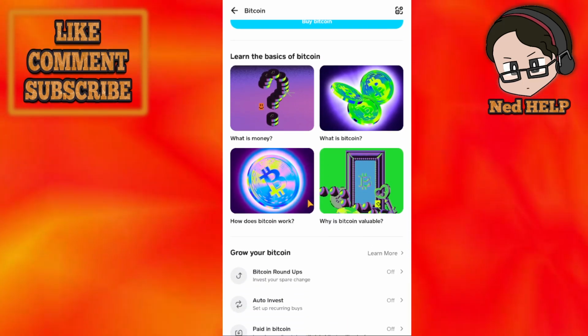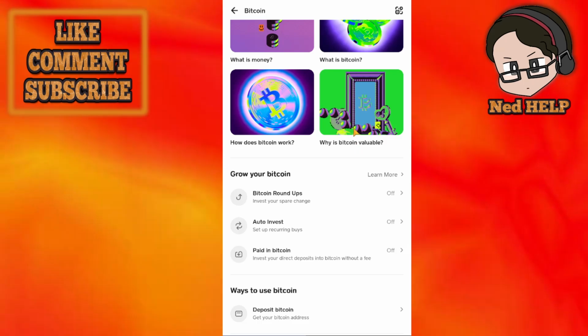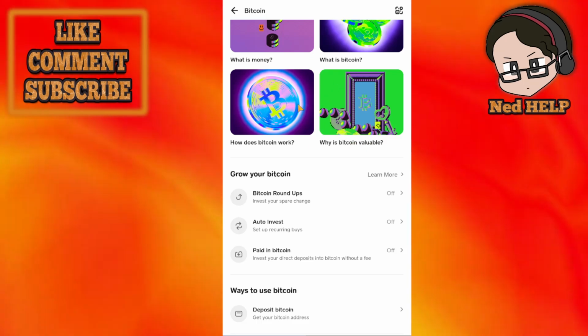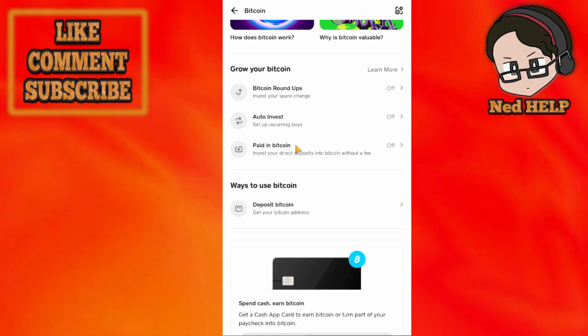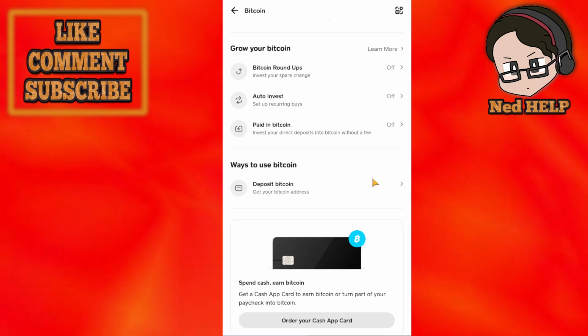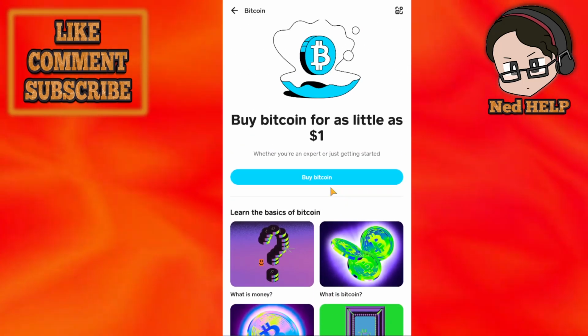What is money? What is Bitcoin? How does Bitcoin work? Why is Bitcoin valuable? You can read through these different articles. Now, you can also deposit your Bitcoin from a different address, but if you want to purchase Bitcoin, you will